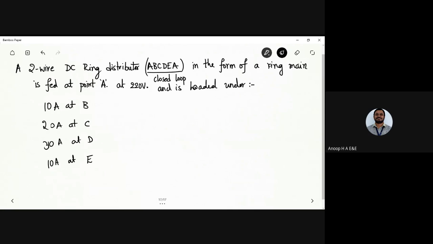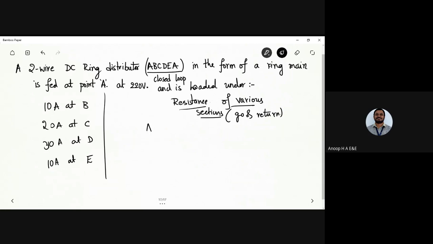Okay, so I want to find out the point of minimum potential and current in each distributor. So what do I need to do? Given resistances of various sections. So if I give the resistance of various sections, that would be a go and a return both. Go and return, where AB is said to be 0.1 ohm,